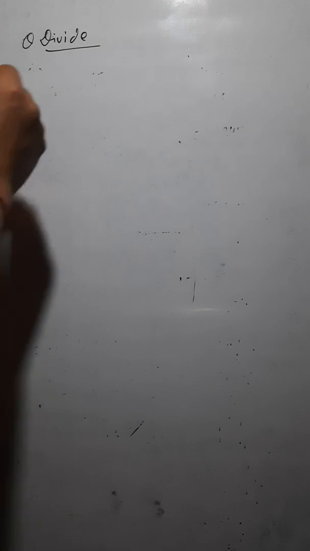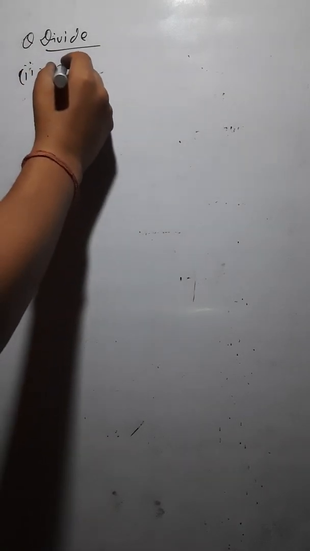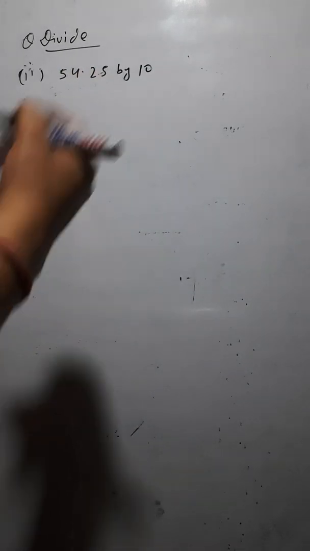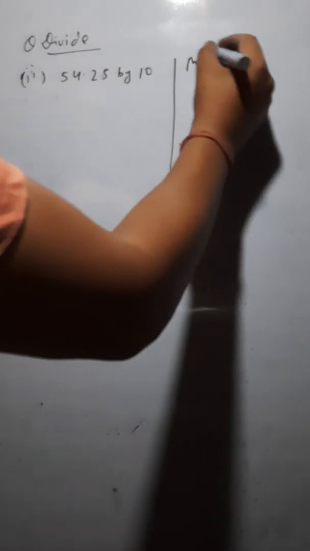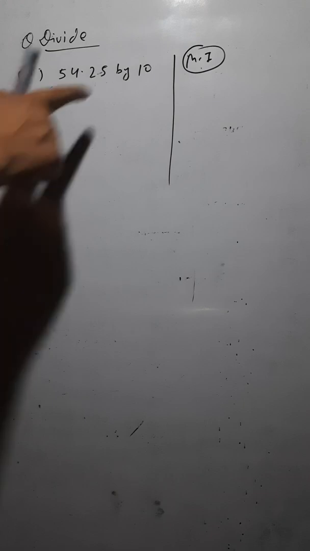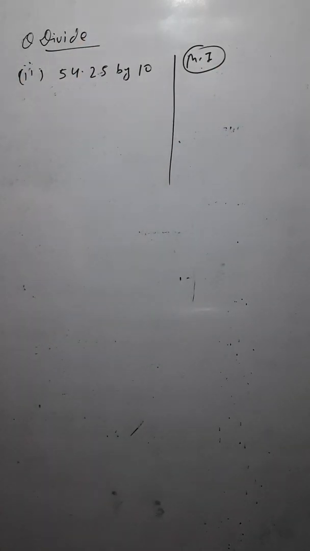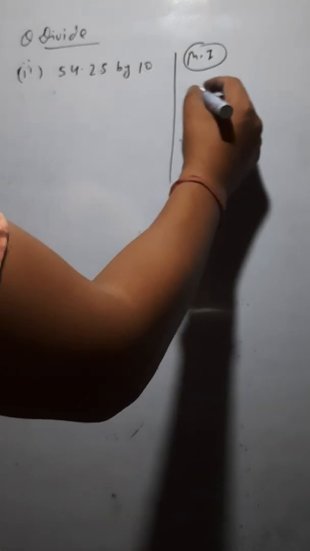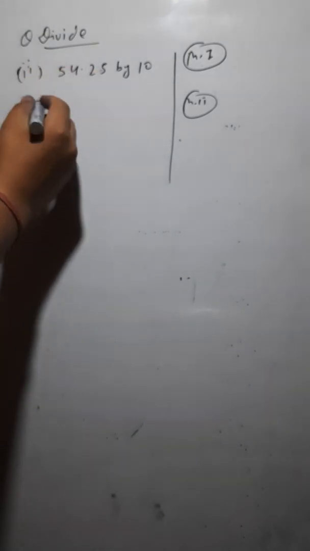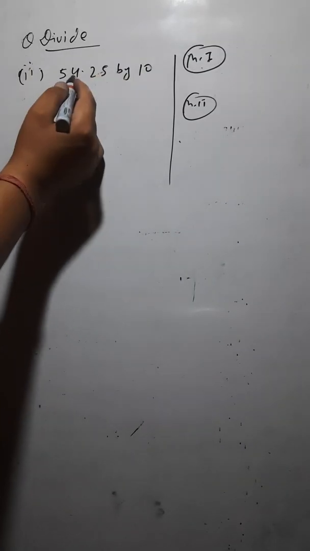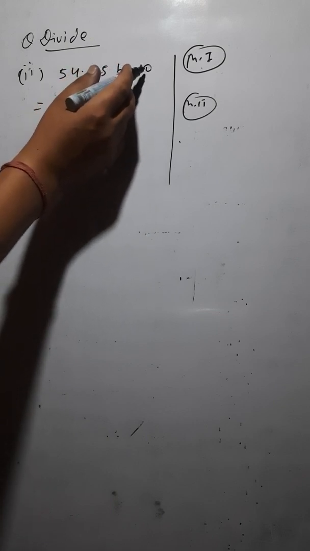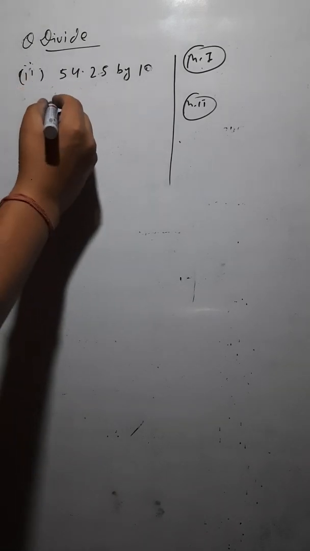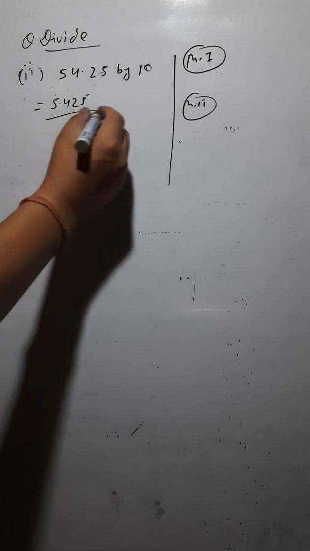Second question is, you have the number 54.25 and that is to be divided by 10. Now again you have to do it by both the methods. First method number 1. How would you do it by the first method? You have to divide this by 10. Hope you are knowing this, how to divide. Now I would be doing it by the straight way, the second method. In the second method, there is only 10. You have to divide this by 10. Means here you have only 10. So if there is 10, this decimal would shift one place left. So this decimal would come here. So I would write it as 5.425. Straight way you can write the answer.